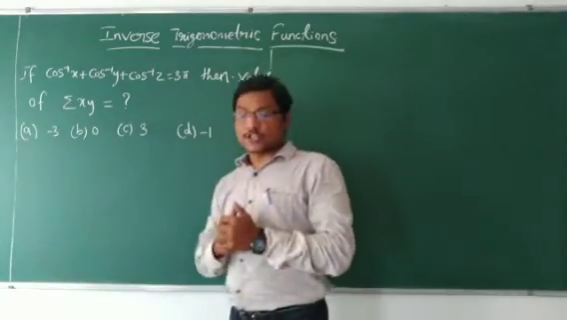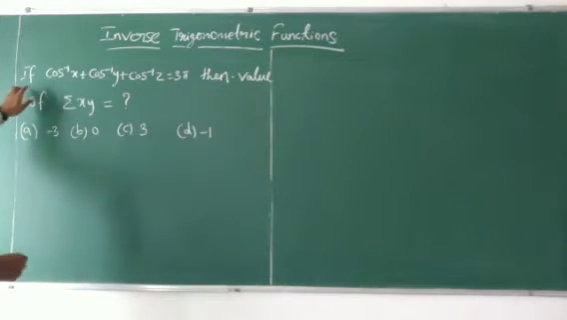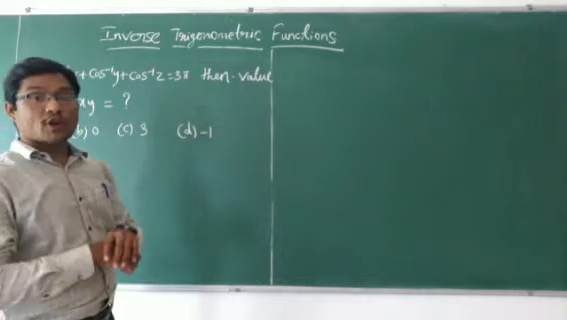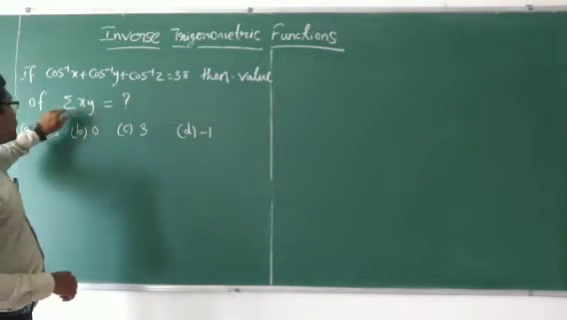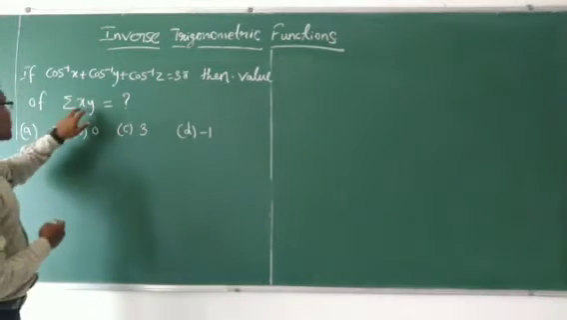This is our next question based on just the topic you have seen. Cos inverse x plus cos inverse y plus cos inverse z is equal to 3 pi. Then you need to find the value of sigma xy. Sigma is nothing but the summation. Summation of what? Summation of product